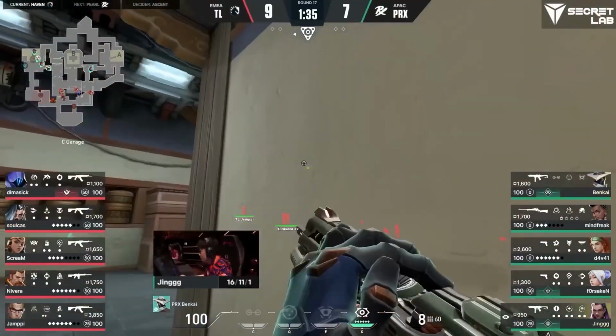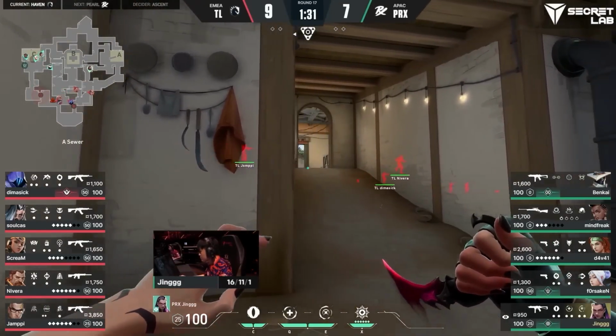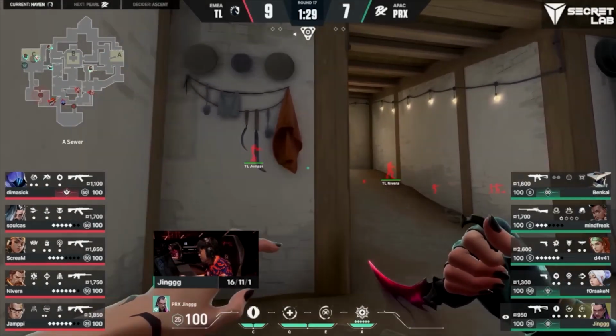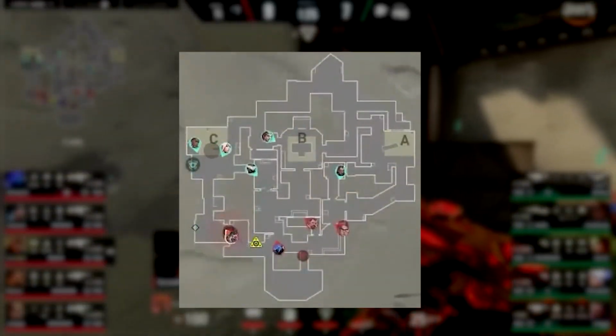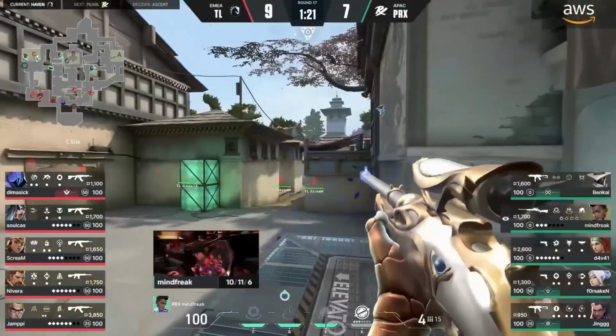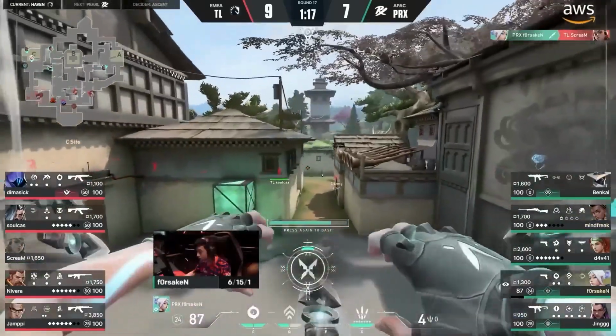We find PRX playing an eco round on the defense side. There are 2 common ways of playing ecos. You either stack or aggress. In this case, PRX is stacking towards C, leaving only 1 player on A and the rest grouped up on garage and C site. They gain player advantage because the ulted Jet takes an aggressive dry peek onto C long,